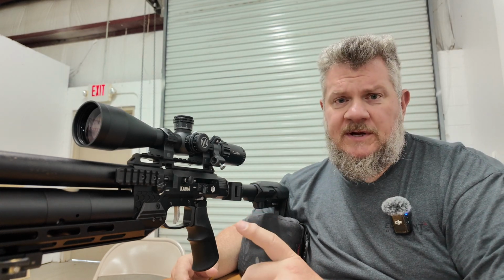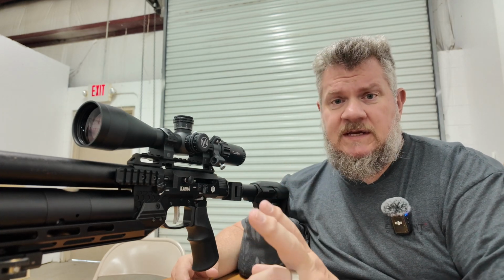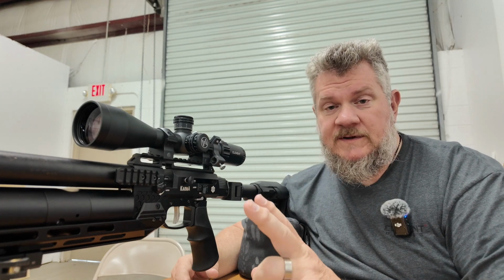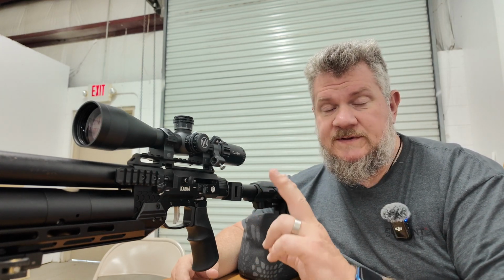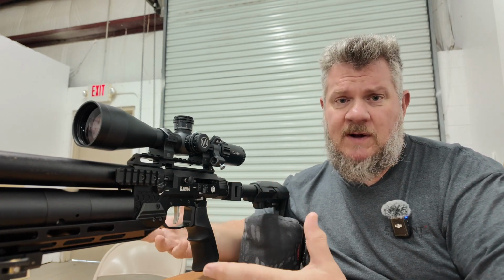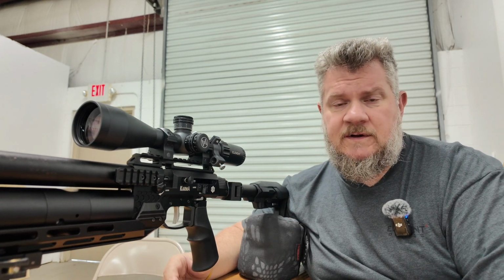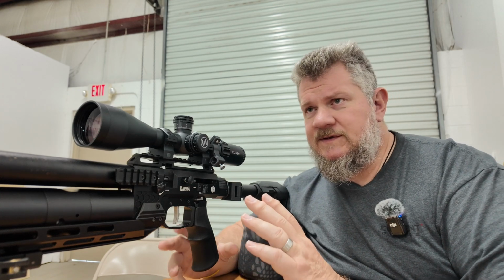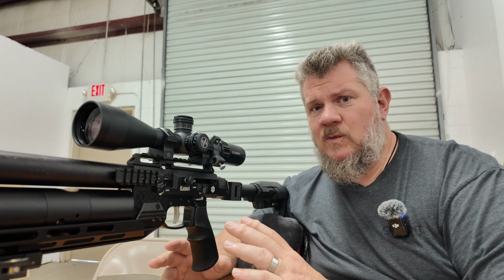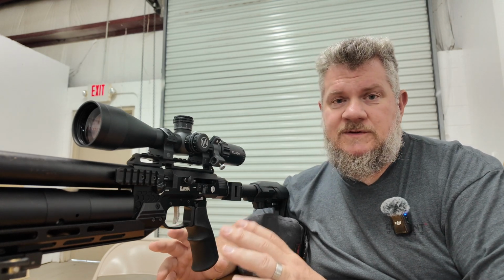that's actually two independent shots. I've done it over the chronograph and seen consistent velocity readings on both pellets, and at 30 yards, because we've tested this to see if we could replicate it here on the indoor range, impacts within half an inch of each other. So this is not something that you want to emulate, because I think it'll lead to,